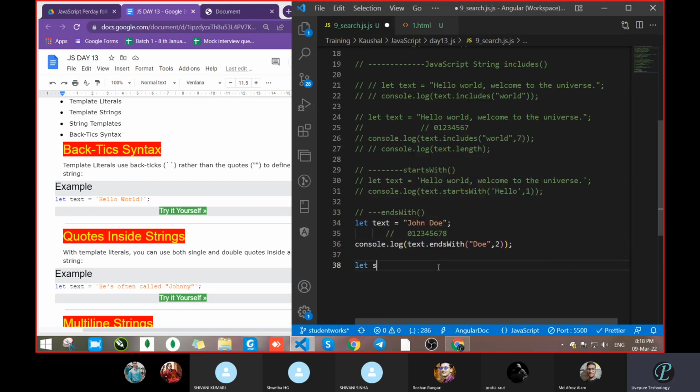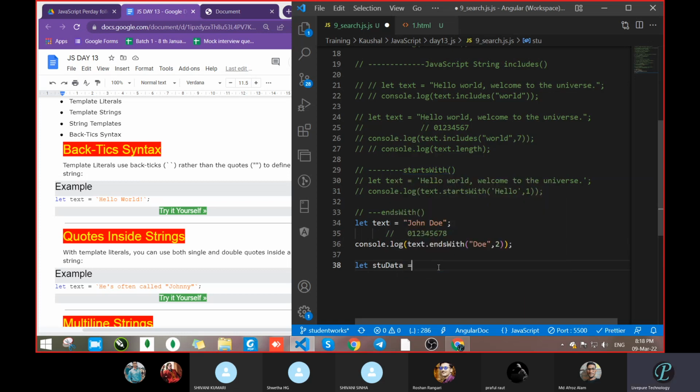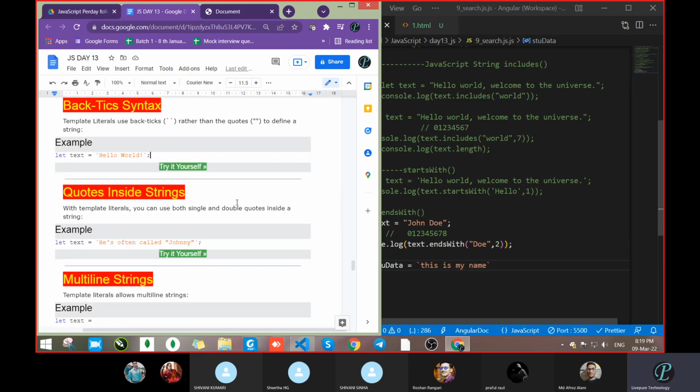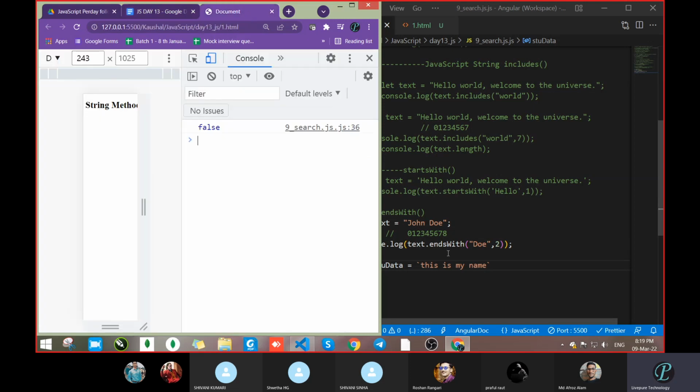Let stuData equal to, pass backticks and pass something. This is my name, like this way. So with the help of backticks we can also make a string. Second, if you have to pass something inside double quote or single quote, you can pass that.